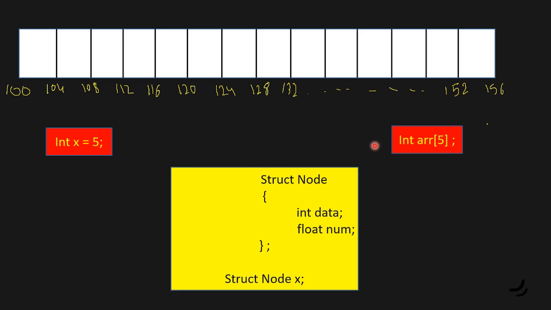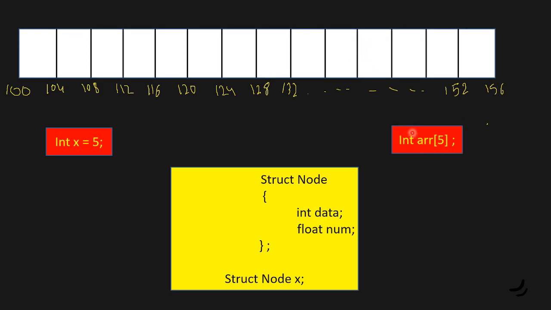Now let's say you declare an array of integer of size 5. This says that I am going to declare an array of size 5 which will store integer values. So let's calculate how many bytes of memory it needs, and hence how many square blocks need to be allocated in the RAM. As the integer has 4 bytes of memory, and each block in the RAM we have divided into 4 bytes also, and the total number of elements is 5, hence each element will take 1 square block.